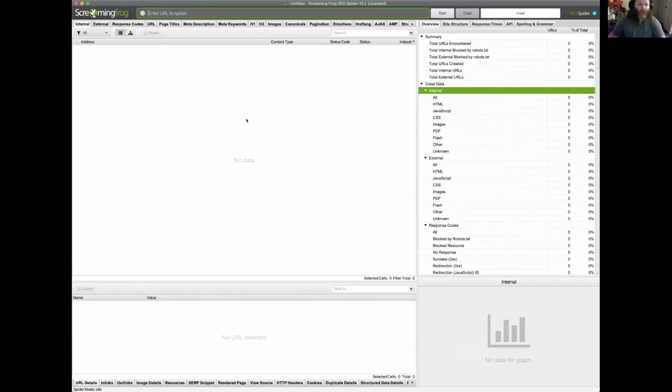There we go. All right, so now we're sharing the Screaming Frog tool. So what you want to do before anything else is start with the setup. There's a couple of configuration things that we want to do before we actually run the audit. So those are